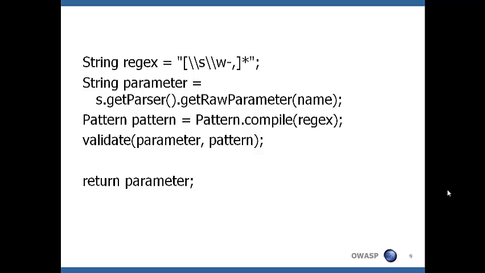If it gets matched with the pattern, then all those tags will get rejected, because I don't trust those inputs. So a regular expression in any language is a special sequence of characters that helps us match or find other strings or sets of strings, using a specialized syntax